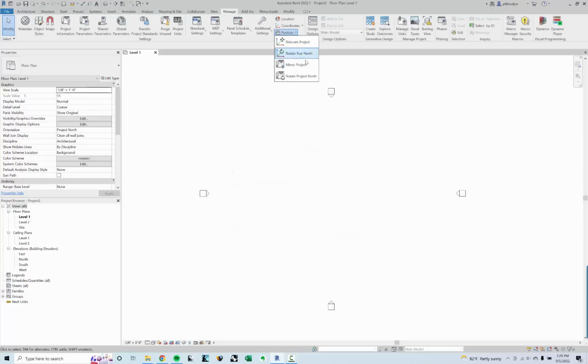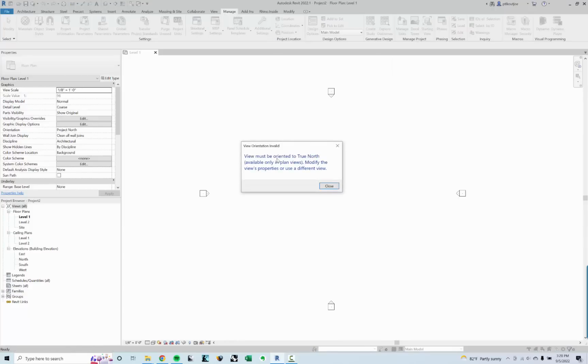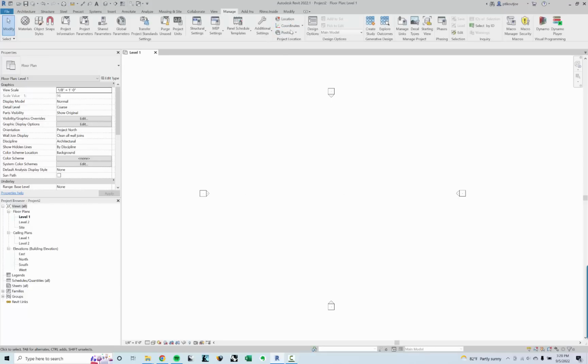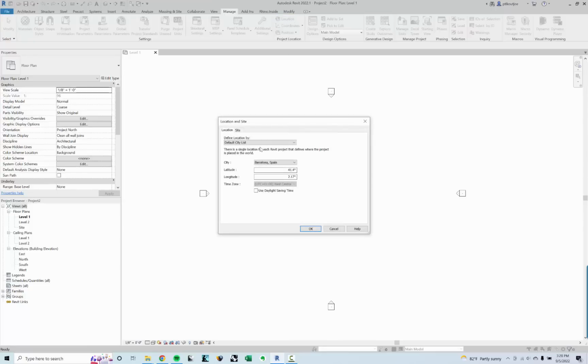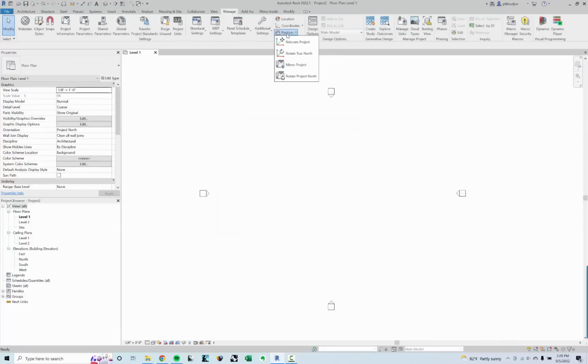Now, the last thing you can do is rotate the true north, which says the view must be oriented to true north, available only in plan views. Modify the view's properties or use a different view. I'll edit that once we start setting up the different things like the project base point and the survey point, which we'll cover in this session as well. So continuing on,